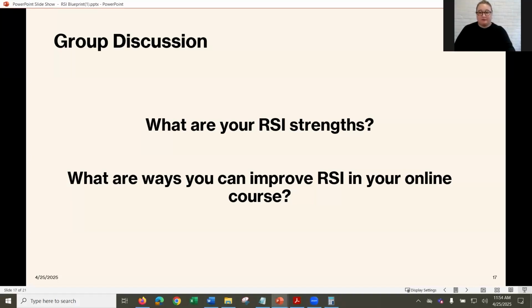All right, so what we're going to do next is we're going to give you some time to talk to each other. As we've been thinking about our interactions, about RSI and everything, we're going to place you in breakout groups where you share, based off of what we've discussed today and previously, what are your RSI strengths?